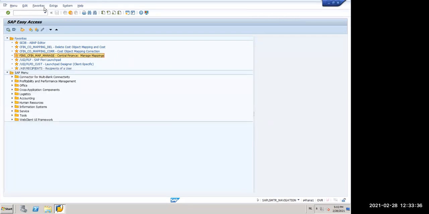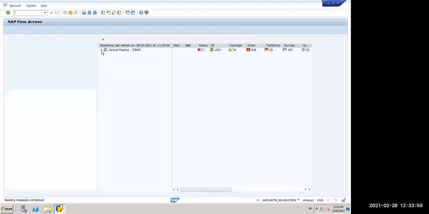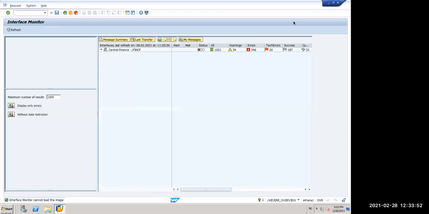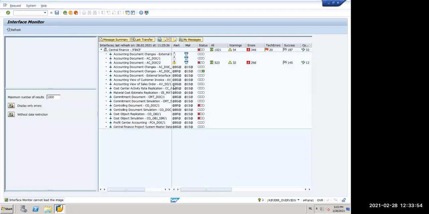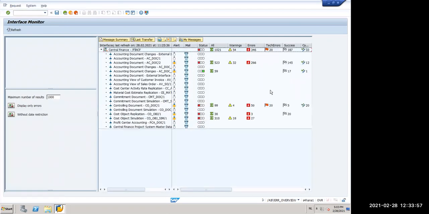CFIN IMG we follow, and we have AIF. We will be doing work in AIF as well, where data would be replicating and we would be fixing errors. So here is AIF. You see, we already have so much data replicated for different company codes, and we work on fixing the errors.